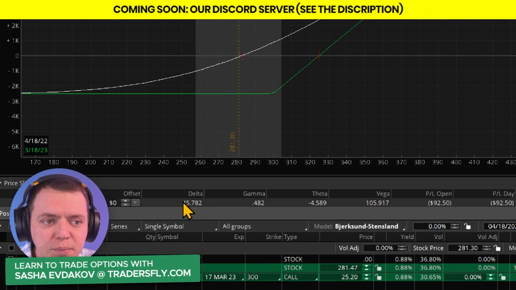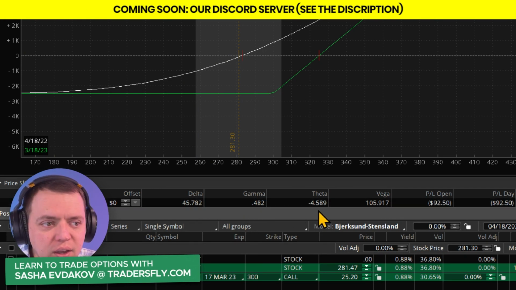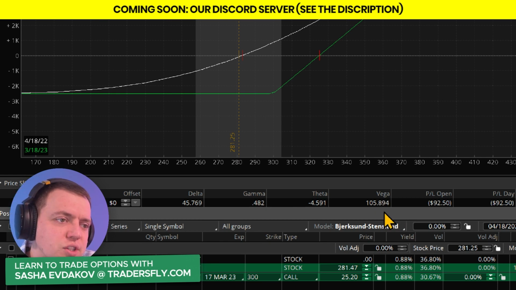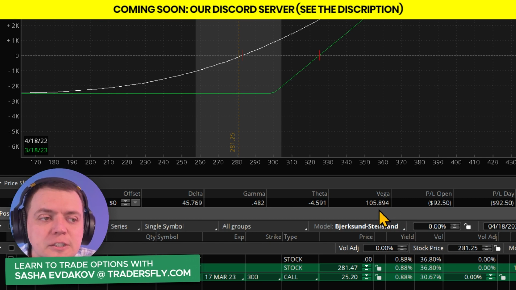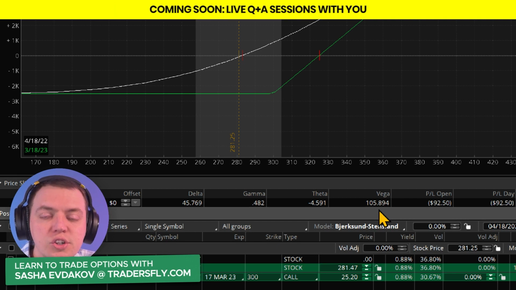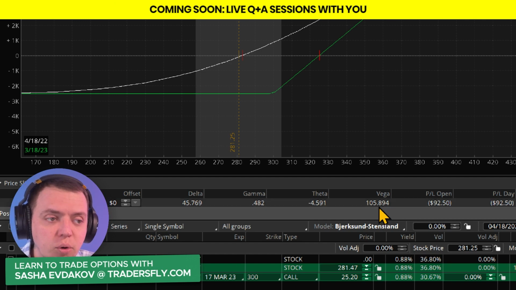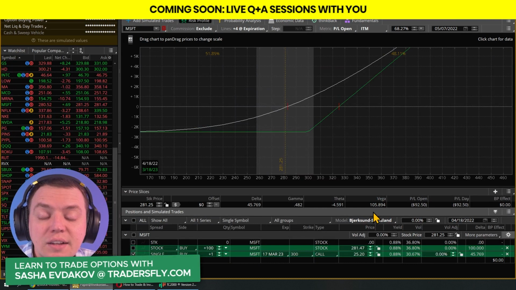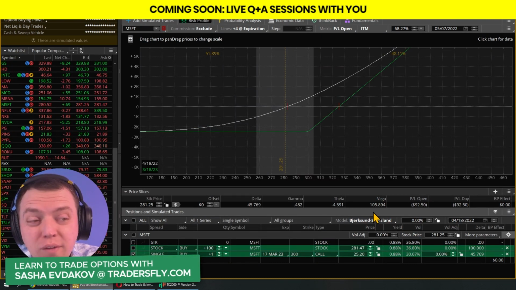And this is what most people don't get. Look at your delta. It's 45, gamma 0.4, nothing. Theta, you're losing about $4 or $5, but the vega is huge. The vega is actually 105. So trades that are longer in duration have a huge vega implication. They have a huge volatility component behind it that most people just do not understand, because volatility itself is complicated. But the more time that you have, the more vega that's